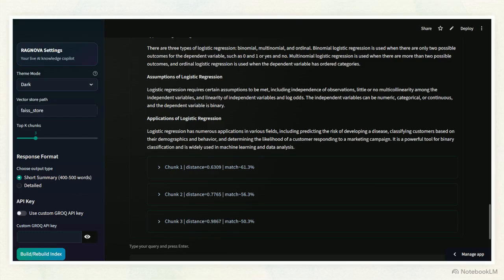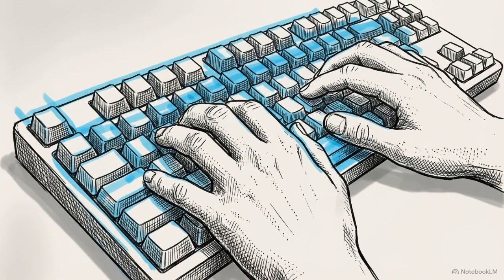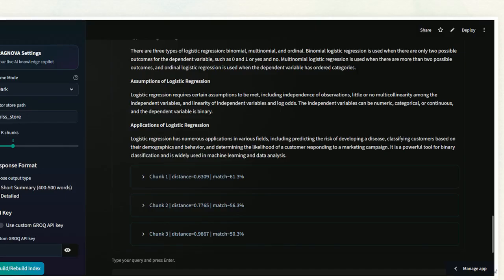This is the RAG-Nova user interface, which grounds that architectural theory in a functional chat environment. Streamlit is an open-source Python library used to rapidly build and share custom web applications for machine learning. To test the system's grounding, we submit a highly specific technical query asking for the difference between linear regression and logistic regression. The system responds accurately, displaying the exact source document chunks retrieved to formulate the answer.